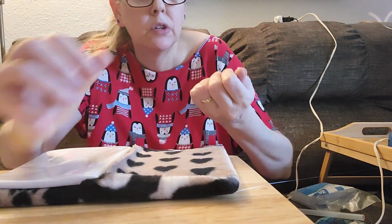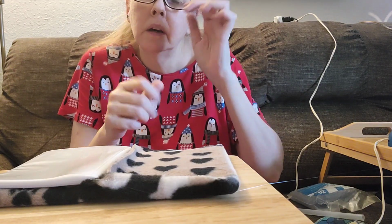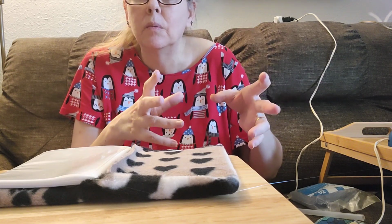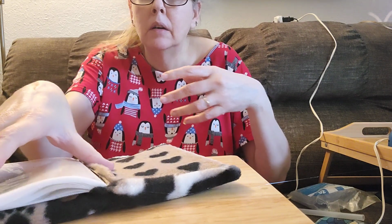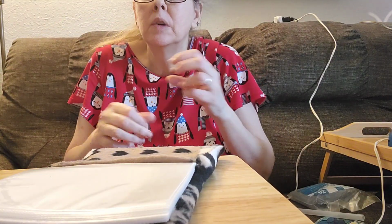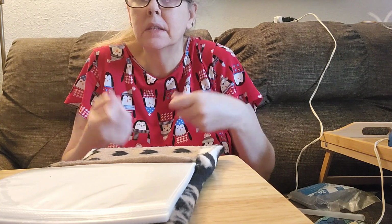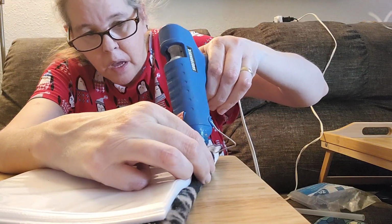But a lot of times what you can do too is make slip covers, like back in the day in high school. I don't know if they do it now, but back in the day in high school, we used to, out of grocery bags, the brown grocery bags, we used to fold them up and make slip covers for our books. Well, they don't do that now. Now they just carry their books, or everything's on computers. You know what I mean? So